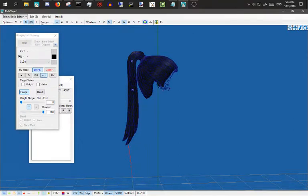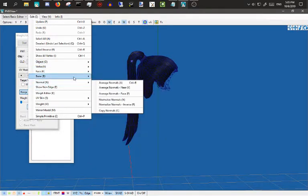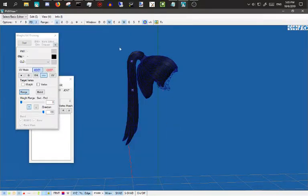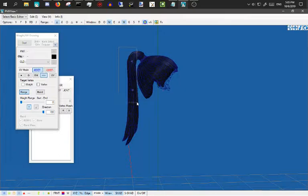To add physics to the hair, basically select the bones that need to have, hold on, I need to parent these. Okay, now that they're parented, which is absolutely necessary because otherwise it's not going to work. Once they're parented, you've got this bone. You select these,